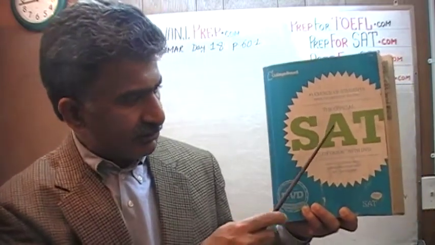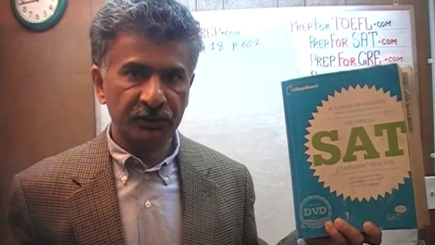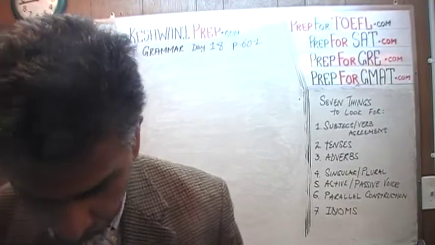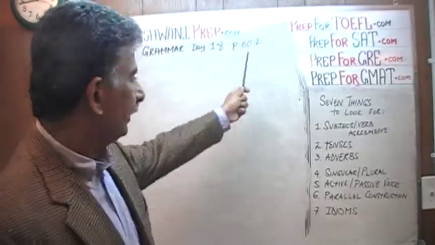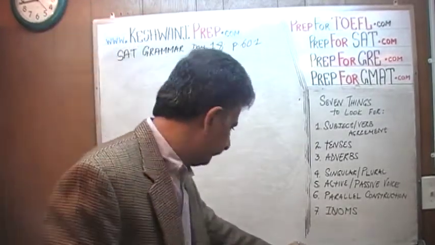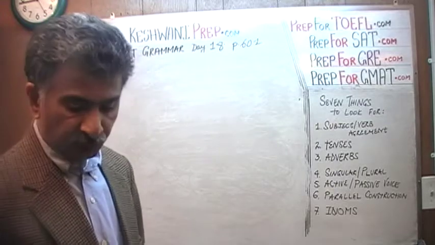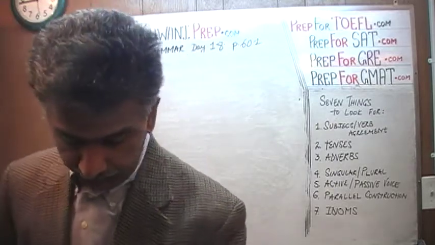We have been solving grammar questions out of this book, the official SAT study guide. If you do not own this book already, purchase one immediately. You're going to need it. The problems that we are about to solve are the ones that you will find on page number 601. Please turn to it. Page 601, and today is our lesson number 18. There are 18 of these questions beginning with number 12 and ending with number 29.